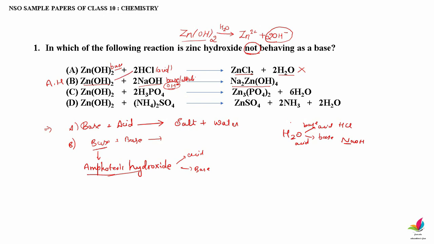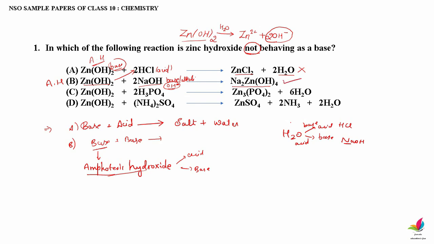Here, in the first case you can see it can react with HCl. So now this is an amphoteric hydroxide. Here it can also be called a base or an amphoteric hydroxide, but there is no need to call it an amphoteric hydroxide because it is a simple acid base reaction. But in the second case it is acting as an amphoteric hydroxide because it is reacting with one more base or alkali. Okay, so in this reaction obviously it is not behaving as a base, so this should be the answer,